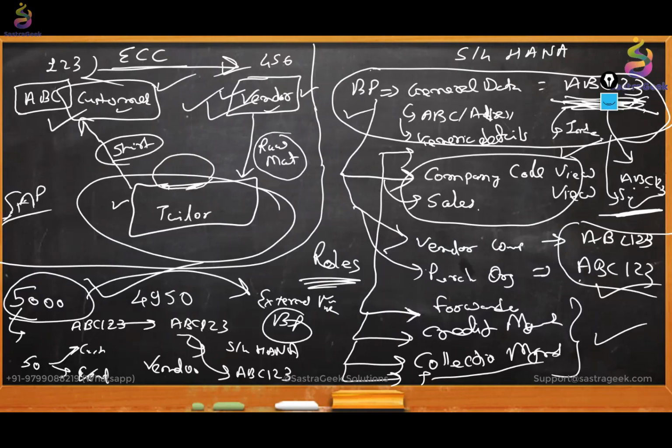So business partner became the higher umbrella, and the customer and vendor information just became roles. That is the major change which SAP also introduced here. Then we talked about